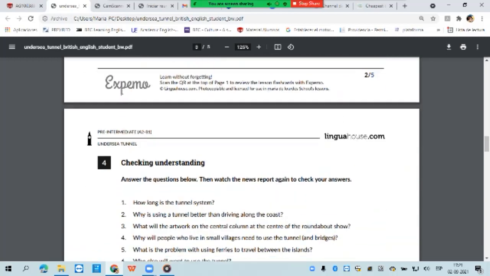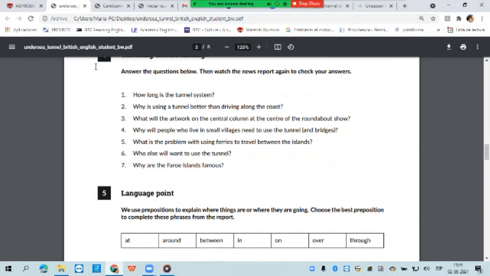Very good. Well, now we are going to get into the understanding as such, okay? Let's see, I don't know if you can remember the basic information. How long is the tunnel? Do you remember that? No. Okay, once again, and then read the questions. I mean, first of all, before watching, read the questions before watching, for you to concentrate just on the answers to these questions.